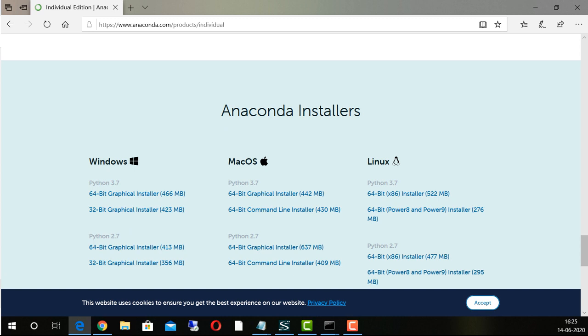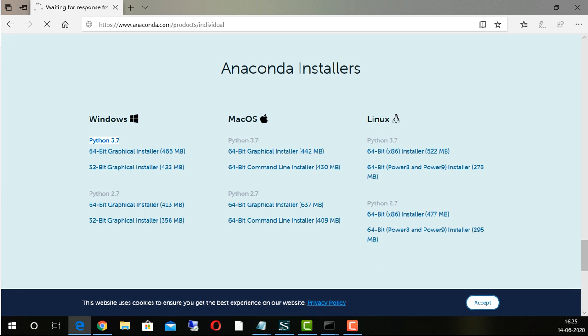Coming to the Python version, I suggest you download 3.7, but if you have any specific requirement, go for that. For me, I want the 64-bit and Python 3.7 version. Just click on that. It is loading. If you know the process of installation, then go for download and install, but otherwise wait for it. There is one checkbox that we need to make sure about, adding it to the path variables. I'll pause for a second, it is taking a bit of time.